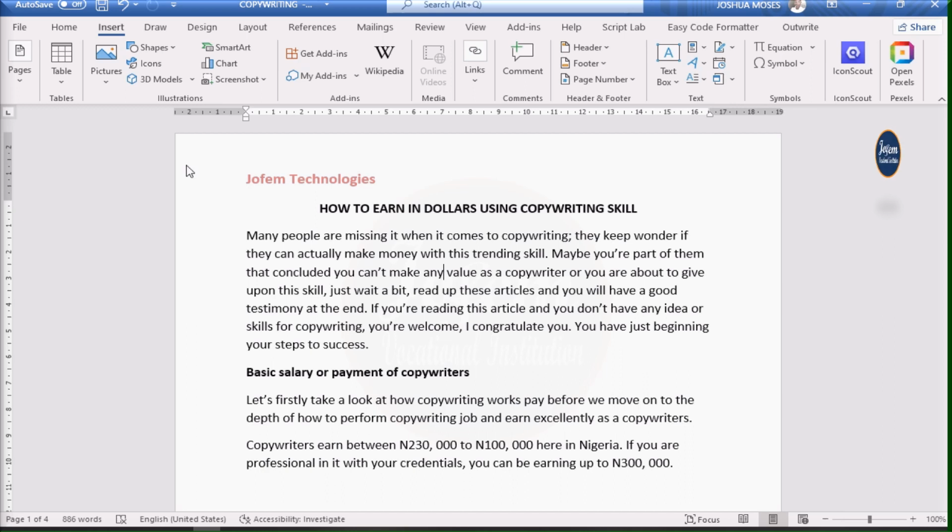Okay, so I want to recommend that if you settle down to learn this Microsoft Word very well, there are virtually various things you can do with it. You can design pictures with Microsoft Word and all that. You can write complete notes on your Microsoft Word without leaving your very Microsoft Word pages. Microsoft Word is very, very good because it's attached even with CorelDRAW.